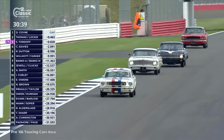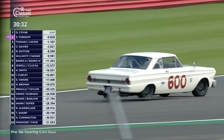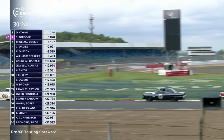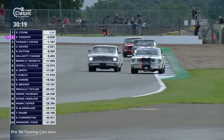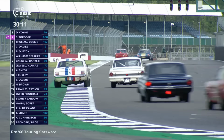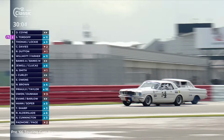Absolutely, yes, really enjoys his racing, and down into Brooklands they come, and now Julian Thomas trying to have a go back at Sam Tordoff, who managed to get by up at Village and the Loop, and in they come to Luffield now, but it's Tordoff that's putting the pressure on the leader, Dave Coyne. And Tordoff goes tight, Dave Coyne goes slightly wide, out and through Woodcote Corner, side by side through Woodcote, but Dave Coyne's got the advantage at the moment, but can Sam Tordoff stay alongside as they go into Copse Corner, and then he'll have the advantage as they go into the right-hander, but I think Dave Coyne's far enough ahead,